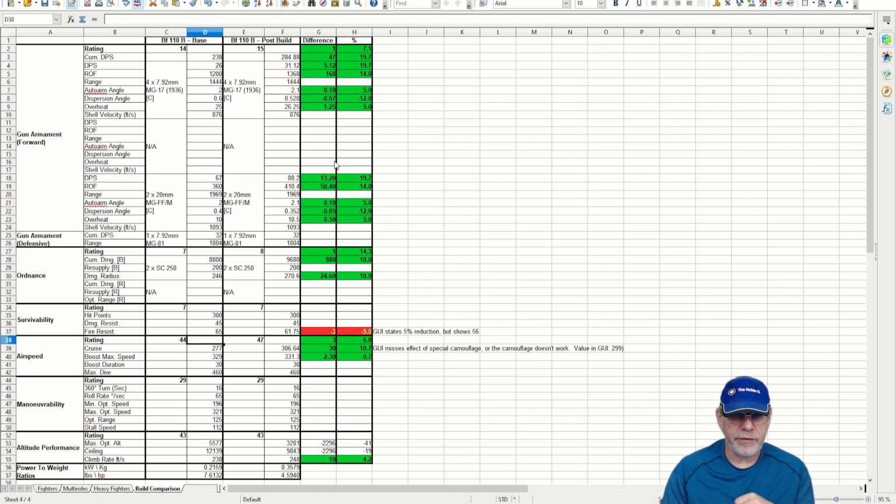Airspeed, another nice little bonus here. The rating's gone up to 47. We've got a 10.7% increase on the cruise speed. Now, something I didn't mention in the previous section is I've actually got a special livery on the Bf110B, which